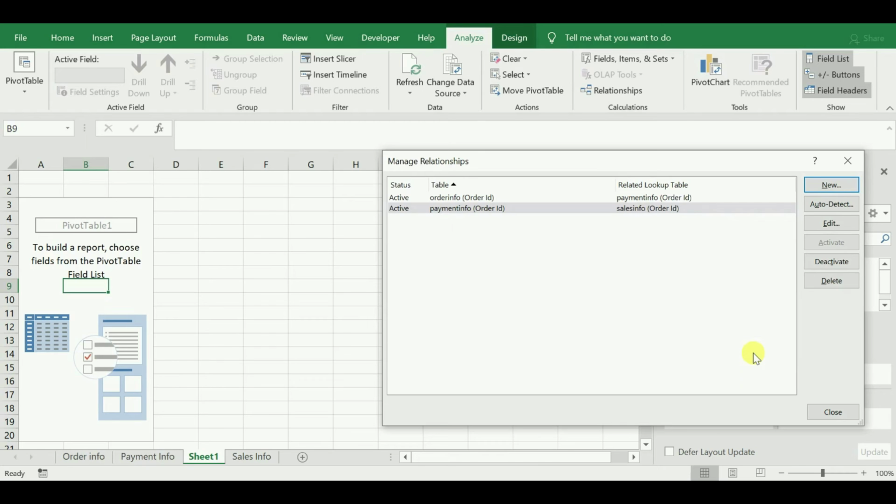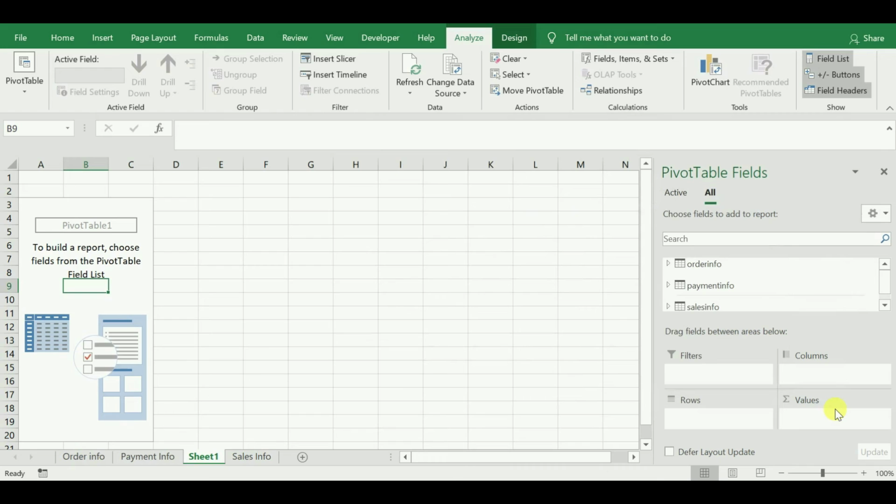Again one more relationship will be added, and we need not create a relationship between sales info and order info because they are joined automatically through the payment info table. Now close the manage relationships dialog box as we have applied the relationships.